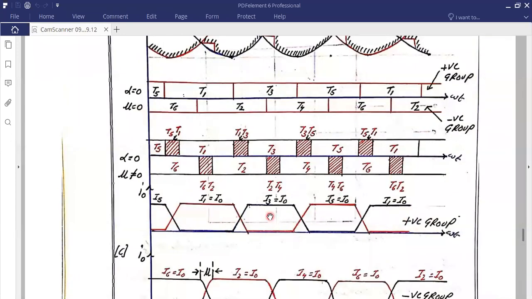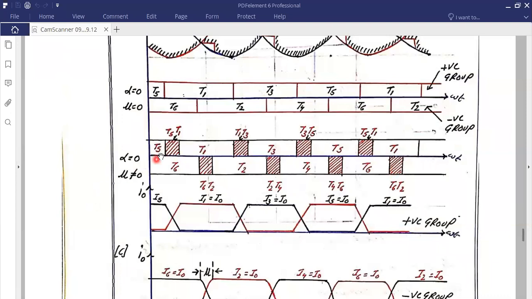Is it clear? Okay, we can consider this conduction instance later when we start the second and third units. You will get clarity on what the conduction is for T1 and T2 like that. And these are the triggering instances. When the triggering instance is provided, due to the source inductance you are going to have an overlap. This dotted line here represents the overlap for each device. This is the overlap for T5 T1, T1 T3, T3 T5 like that, and this is the overlap for the negative conducting devices.